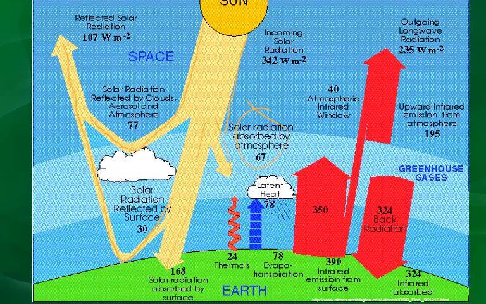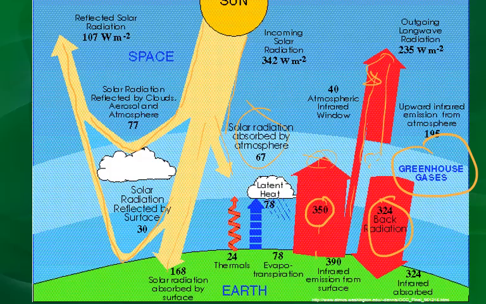Then, if you look at what's happening with the Earth, the Earth is radiating out a lot of infrared. Those greenhouse gases absorb infrared, and some of it is sent back to Earth. Some of it makes it into space, and some of the greenhouse gases themselves, after they absorb it, send it to space. And so, without the greenhouse gases, we would